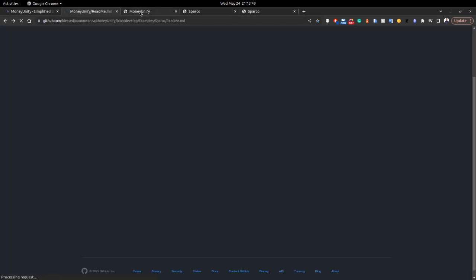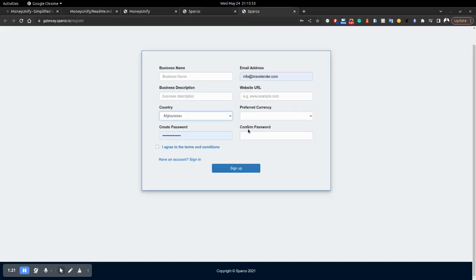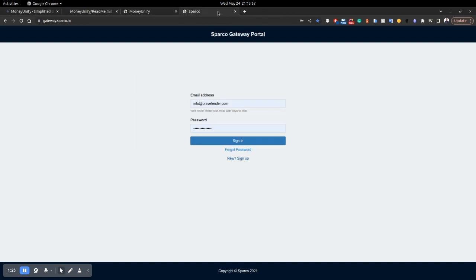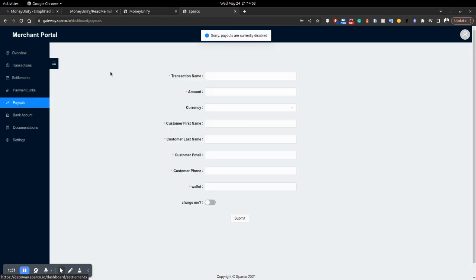I already have an account, but if you do not have one, you can go ahead and set up a new one. You will land here, and you enter your business description, etc. When you're done with that, go ahead and log in. I'm using one of the accounts for some business I was testing it on. The overview here gives you an overview of your money, and transactions shows you transactions. But what we're interested in here, do not worry about how to integrate this, is